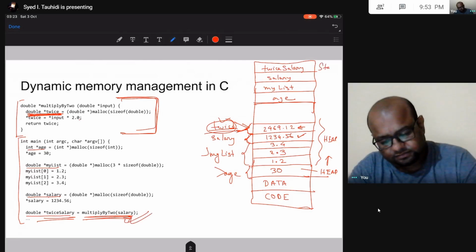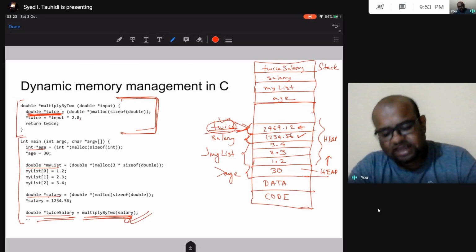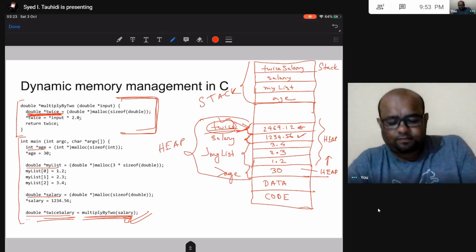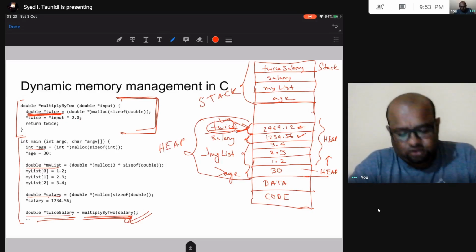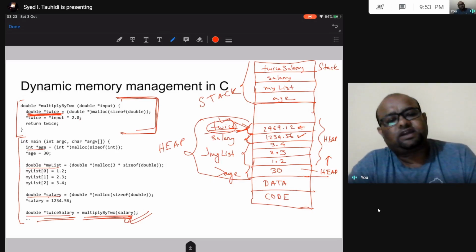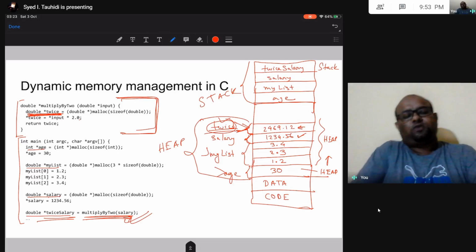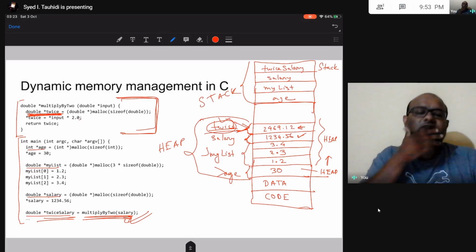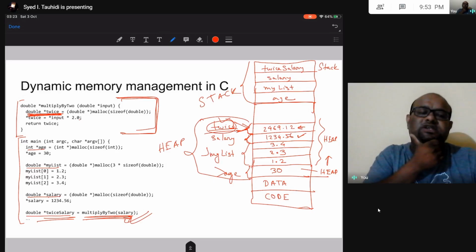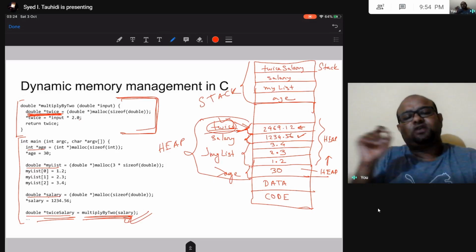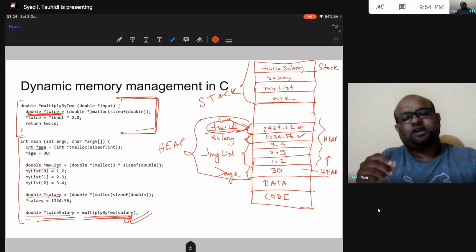Okay, so this is stack, and this part is here. Now you have hopefully noticed one thing, that when I call a function, the local variables of that function are allocated memory on the stack, and when I return from the function call, these local variables which were allocated this memory on the stack, they are deallocated.